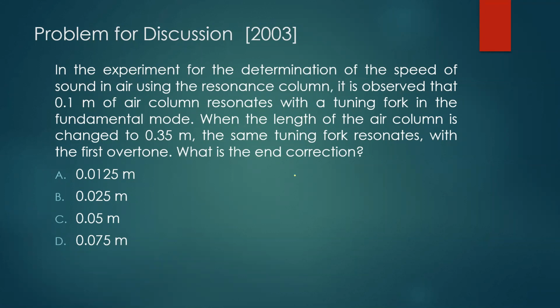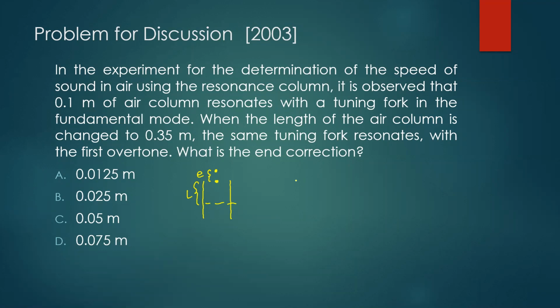But whenever you have this end correction, the length of the air column, so if you measure, let's say this is water, and then if you measure this as L, the antinode does not occur exactly at the top of the tube. It is going to occur slightly higher. So that gap is called the end correction. So instead of taking L, you should take L plus E.